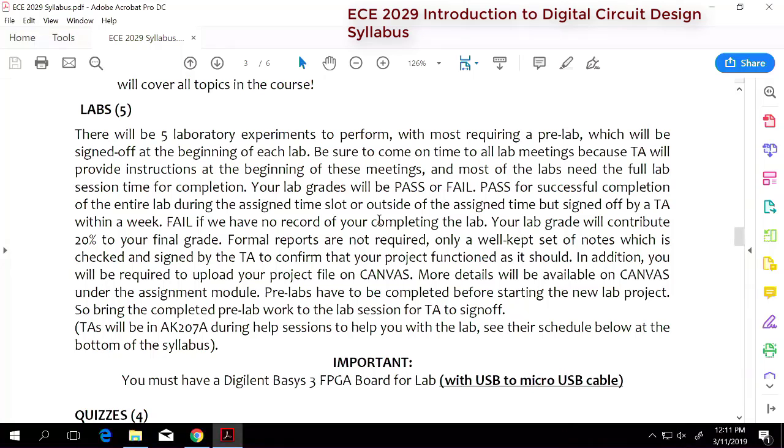If you do not do the pre-lab, you will not get the credit for it. The reason for doing the pre-lab is that we have a lot of students in the lab, and we have limited resources to help. We want you to do well in your labs, to provide you a good understanding and good basics. Doing the pre-lab will help you, and you can finish the lab in maybe less than 3 hours.